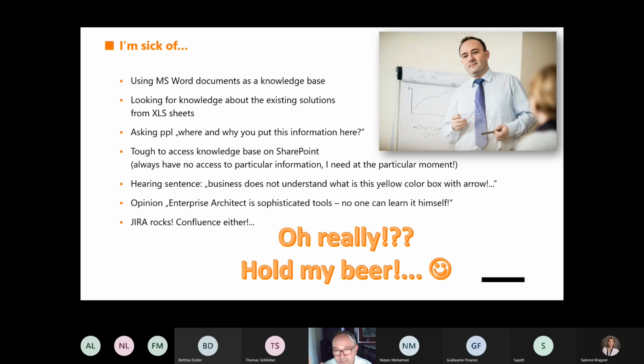I'm sick of using this MS Word, Excel sheets. I'm sick of asking people where I can find information that I'm looking for. Very often I have found the problem with access to the information in SharePoint because someone has not given me the privileges to read some information because he does not know that I'm interested in finding out what is going on in this business process or part of the application or this domain. So yeah, this is very often when we have struggled with such